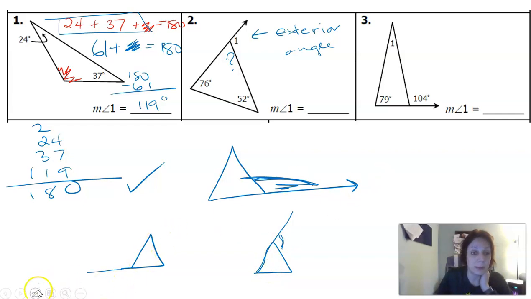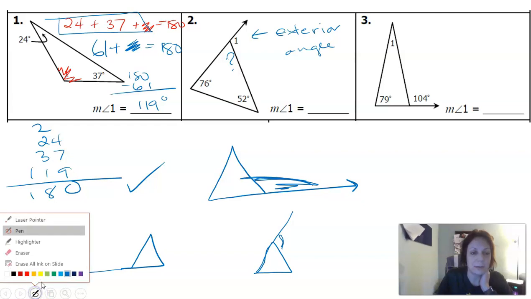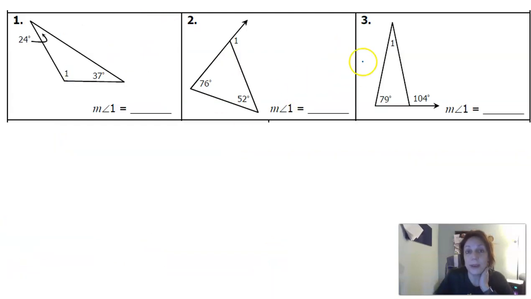So in this problem, they're not asking us for the third angle of the triangle. They're asking us for an exterior angle. But we can find that angle still using the triangle sum theorem. Just have to jazz it up a little bit, right? So I know that 76, 52, and this angle right here, let's call it x, have to add up to 180, right? So 76 and 52,